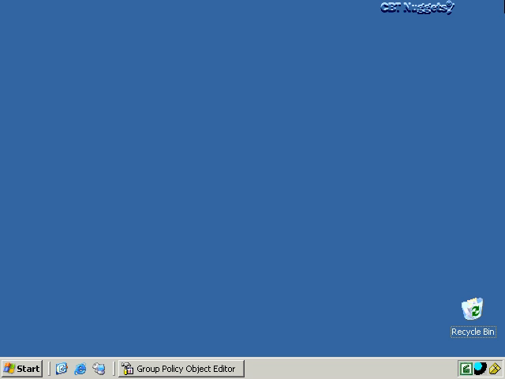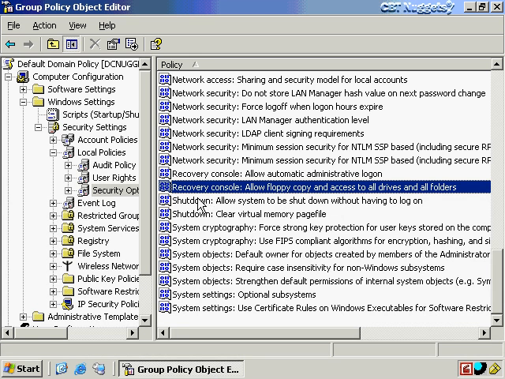However, you cannot recover data or copy data from the local drive to removable media such as a floppy disk. If you don't want that behavior, you can go to this option, which is under Computer Configuration, Windows Settings, Security Settings, and then Local Policies and Security Options. Make your way down to the Recovery Console item here to enable this policy. That would allow you to copy files to a floppy, and it would also allow you to access all